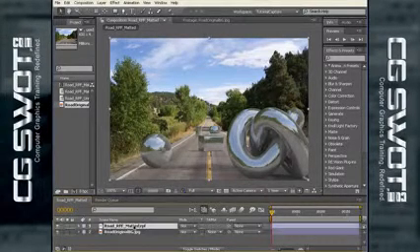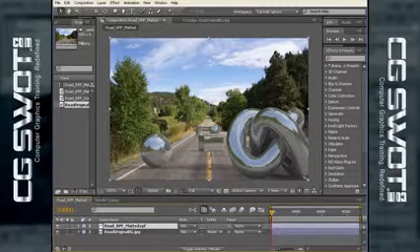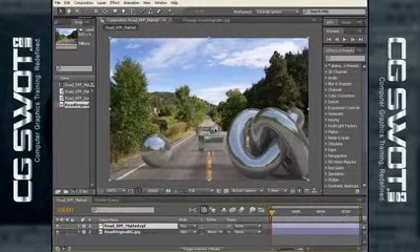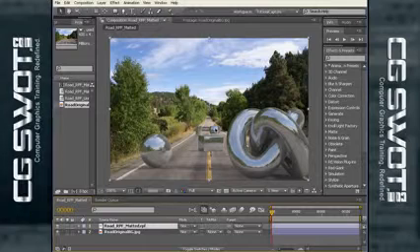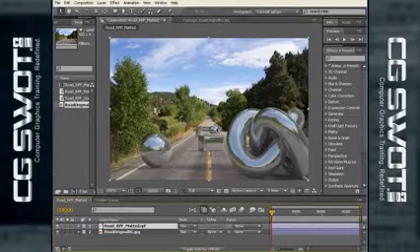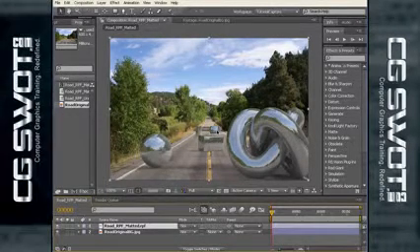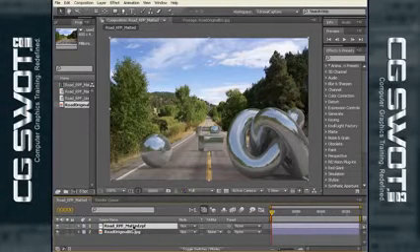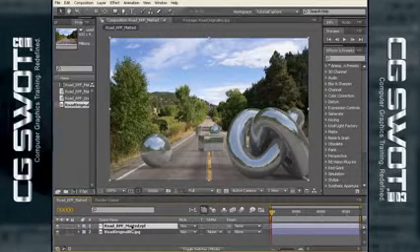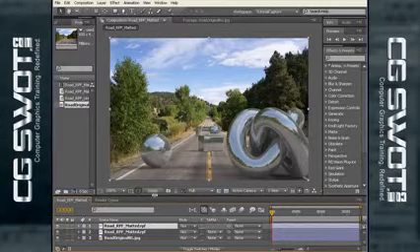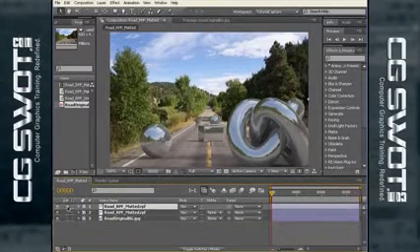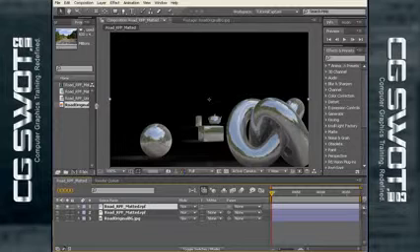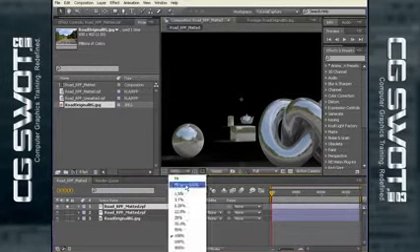Well, first thing we can do is grab our RPF. Say we want the teapot to have a gold tinge to it. We want, instead of looking silver, sterling silver, we want it to look gold. So let's grab our RPF and Control D, we'll make a copy. And we're just going to isolate that, and we're going to go into our effects